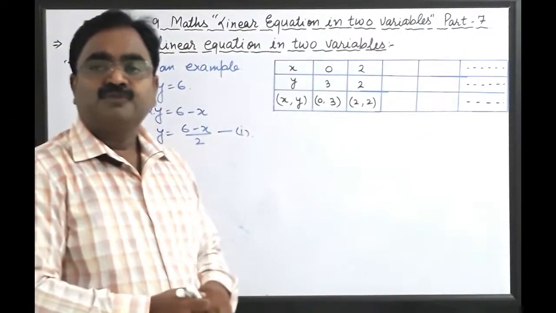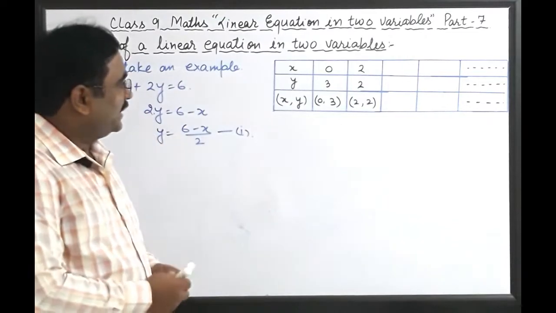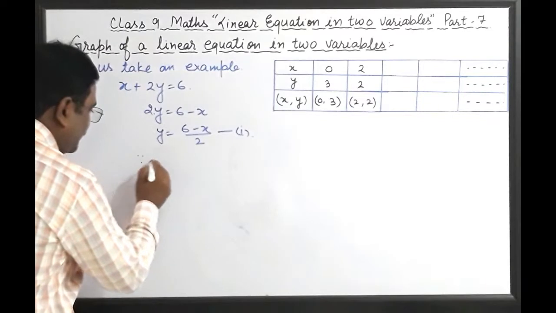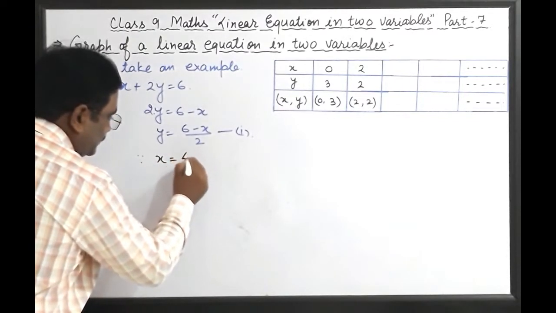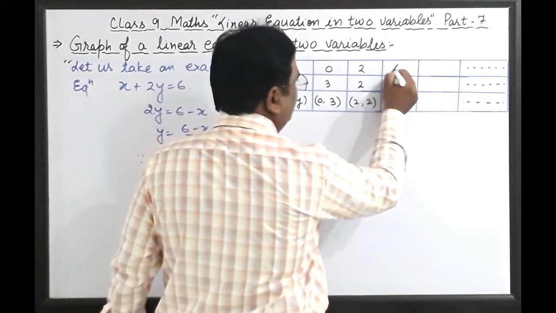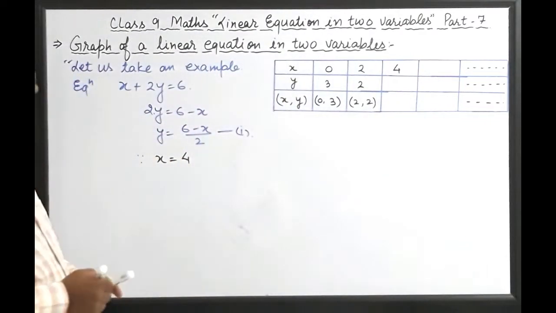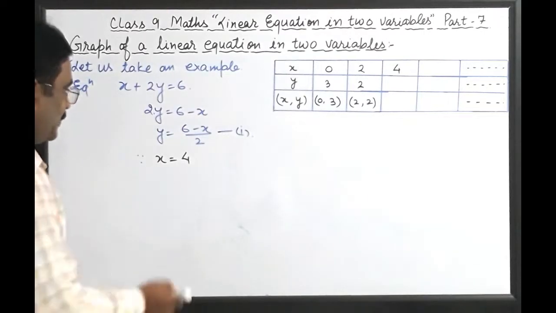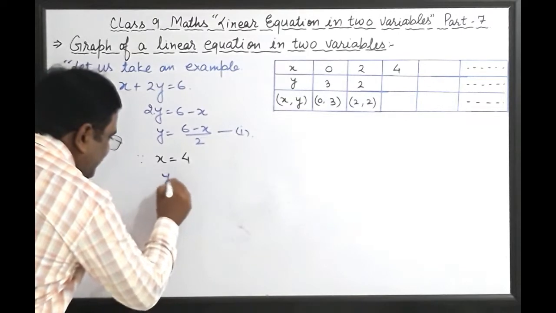Okay बच्चों. So third solution हम फाइंड करते हैं. So for taking the third solution, हम क्या सपोज करते हैं? Let x is equals to 4 here. x की वैल्यू 4 सब्स्टिट्यूट करते हैं और इस कॉलम में 4 हम we have to substitute here, right? अभी हम y की वैल्यू फाइंड करते हैं. Corresponding this x is equals to 4. Substitute this x is equals to 4 in the equation. y is equals to